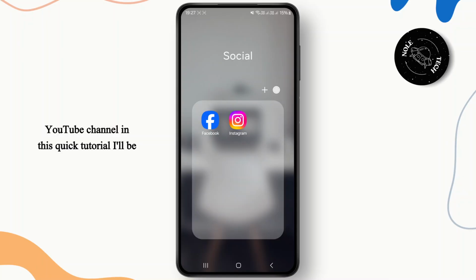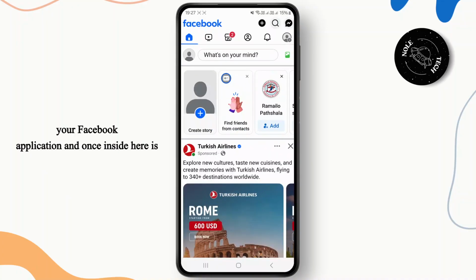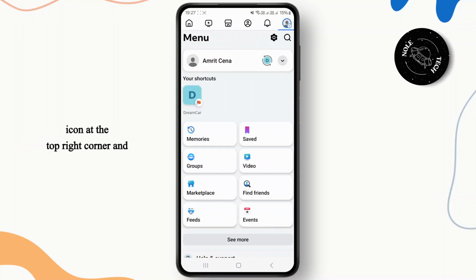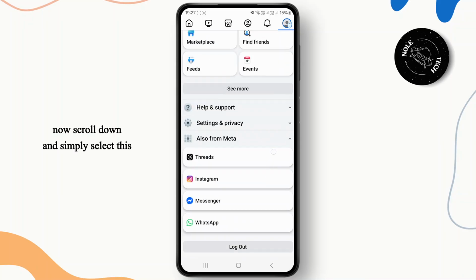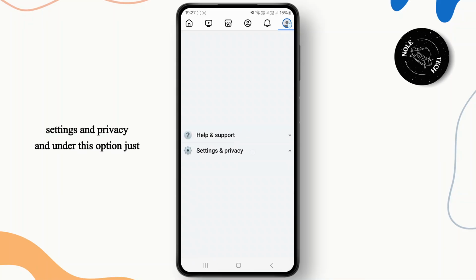In this quick tutorial I'll be showing you how to download your Facebook photos all at once. So let's get started. First thing, simply head over to your Facebook application, and once you're inside here, just tap on this profile icon at the top right corner, and now scroll down and simply select this settings and privacy,